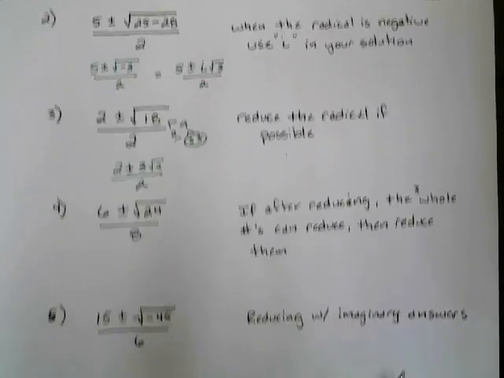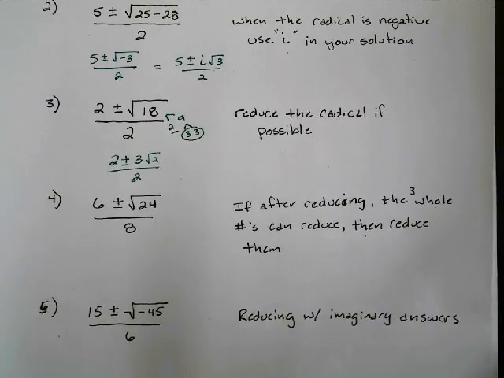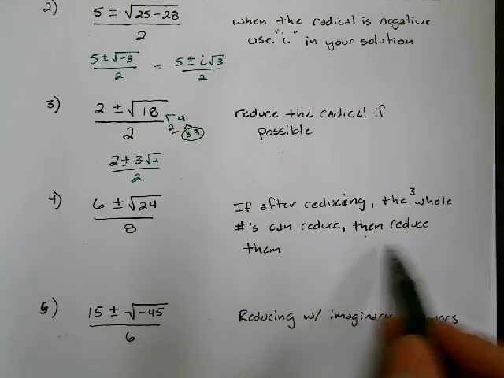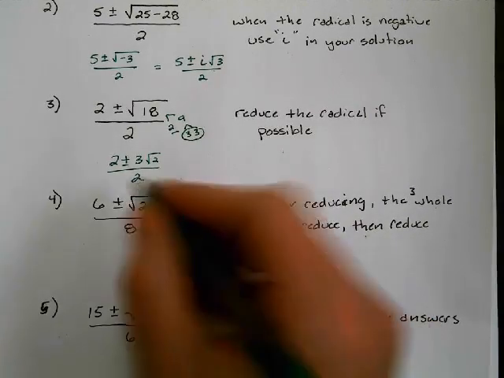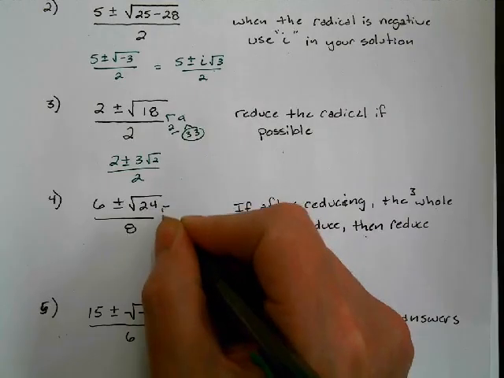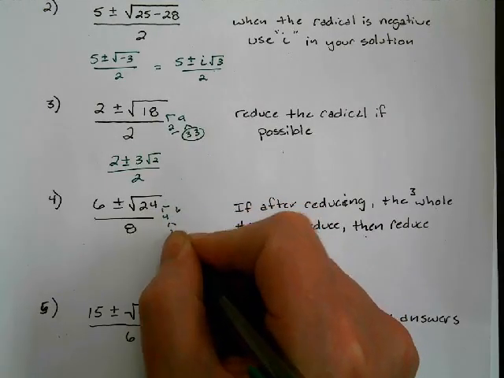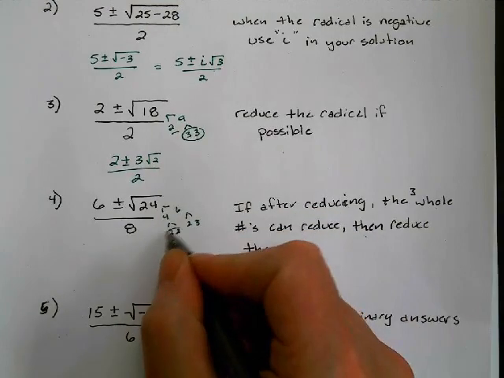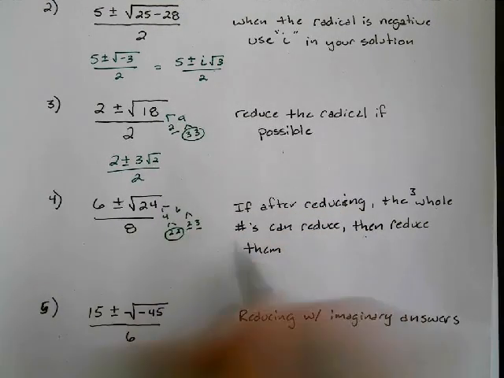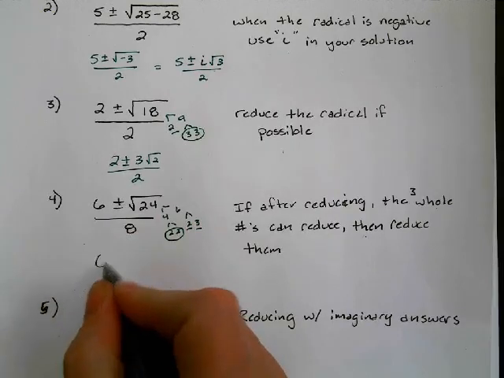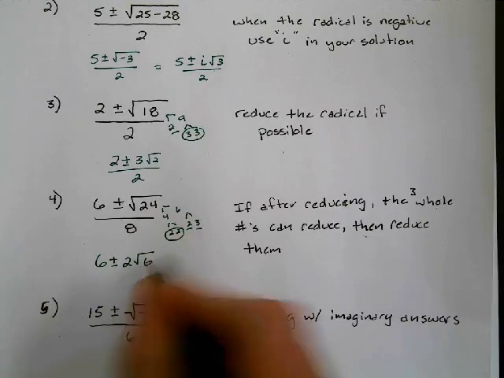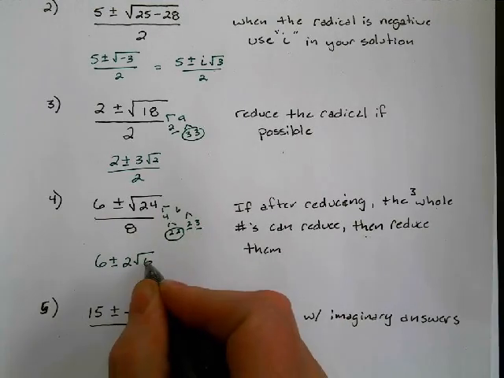All right, if after reducing the 3 whole numbers can reduce, then we're going to reduce them. So I'm going to reduce this one real quick. This is 4 times 6. 4 is 2 times 2. 6 is 2 times 3. So for 24, I have a pair of 2's and a 2 and a 3 left over. So I've got 6 plus or minus 2 root 6, because 2 times 3, the 6 goes in there,